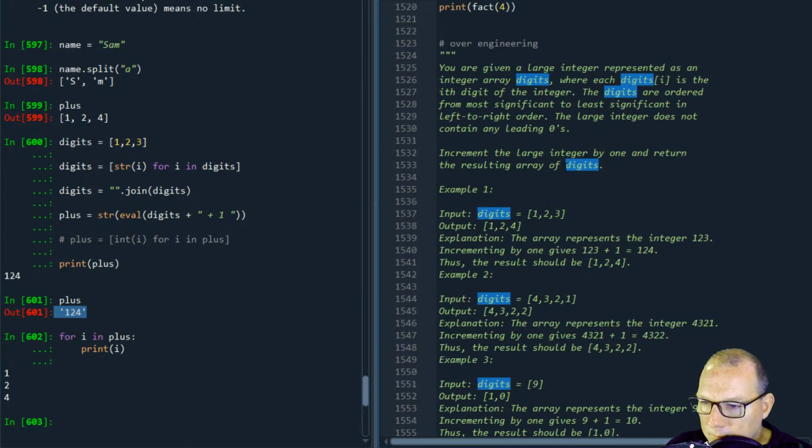So let's come up here. Because an integer is a number. A digit is an integer represented as a string. I think I said that right. So a digit can go back and forth between an int and a string, but it is a number, because we saw with evaluate,